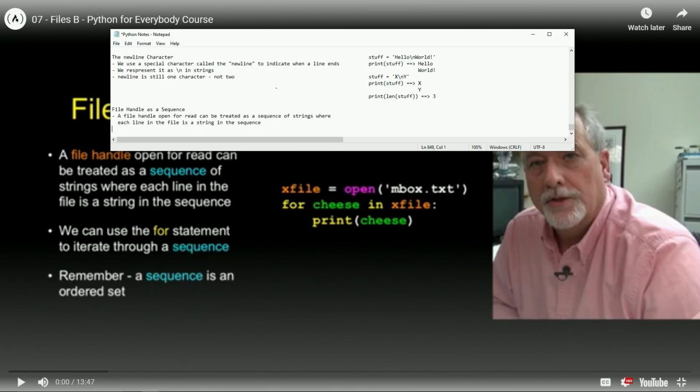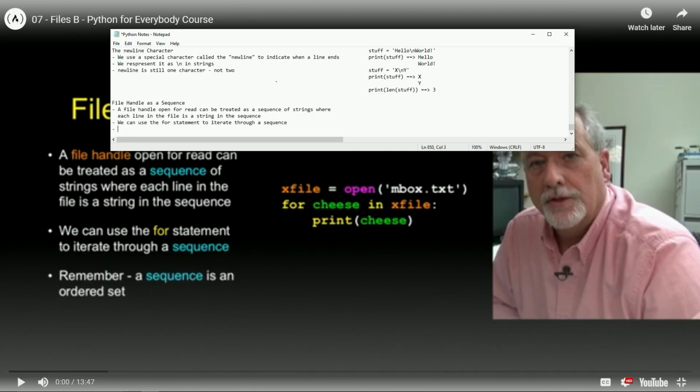All right, here we go. We can use the for statement to iterate through a sequence. Okay, we can do that.